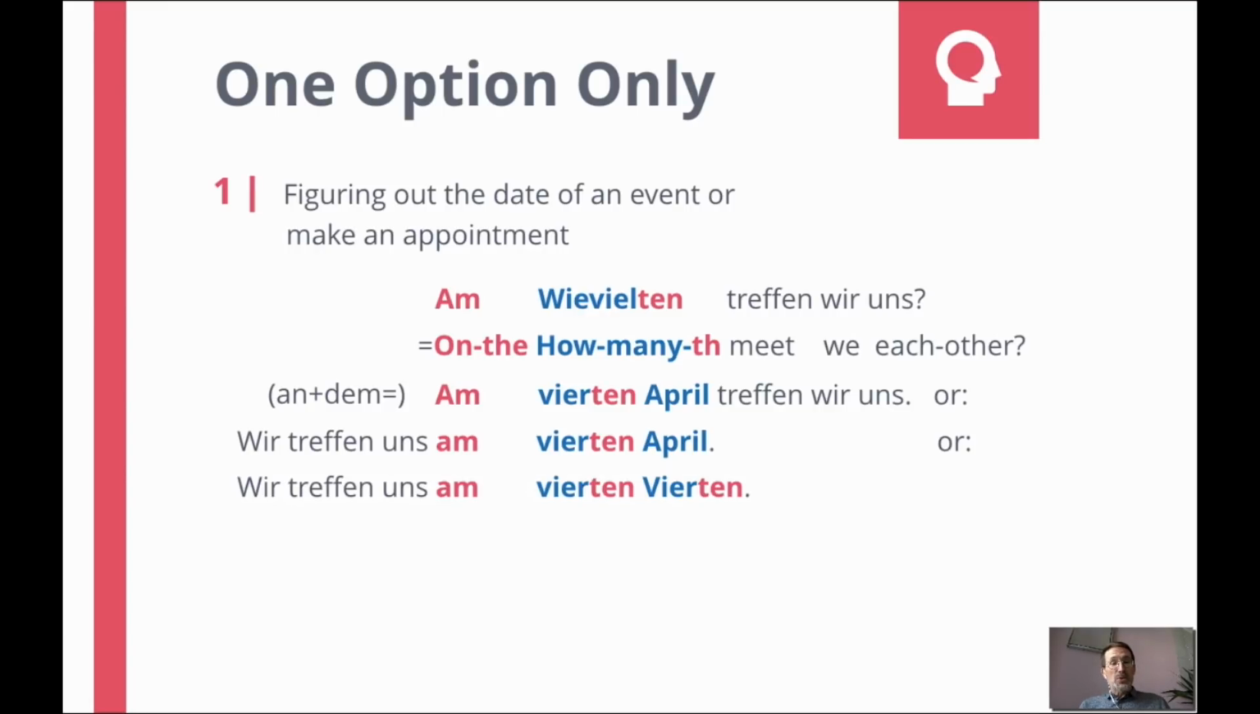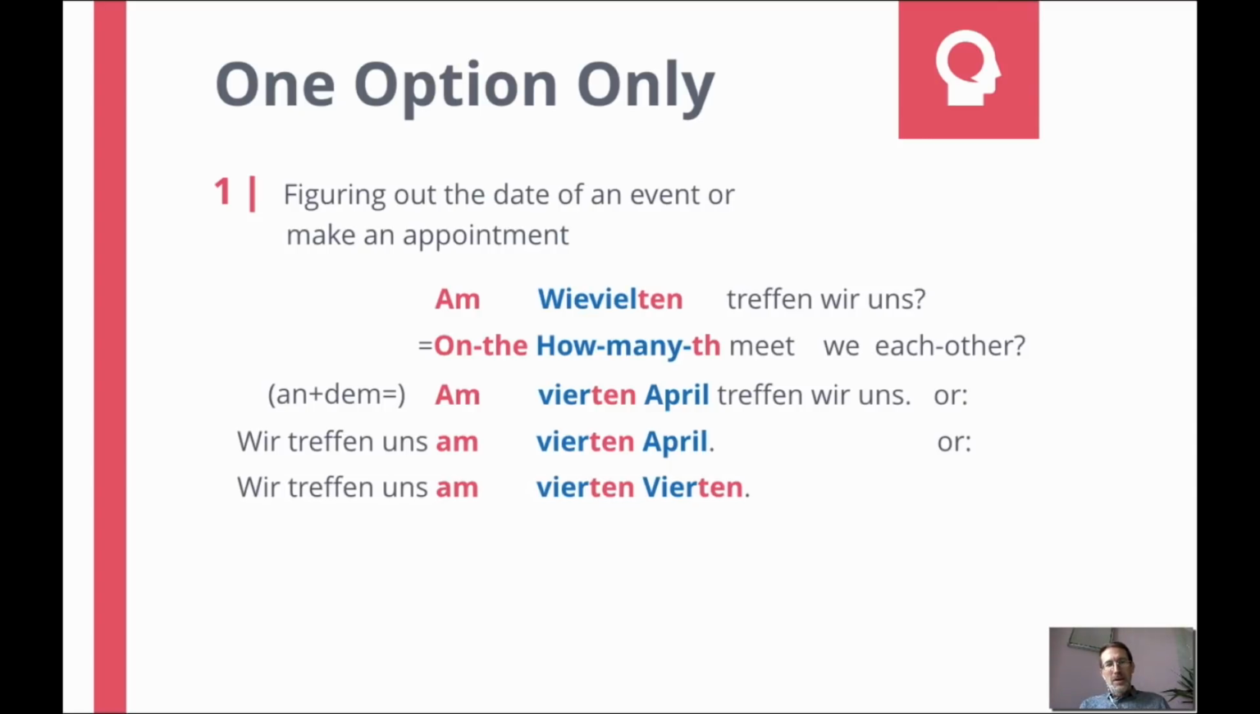In German, you can also just give each month a number. Wir treffen uns am 4.4. because April is the 4th month of the year in Germany and most of Europe as far as I know. Please note that the second vierten is capitalized